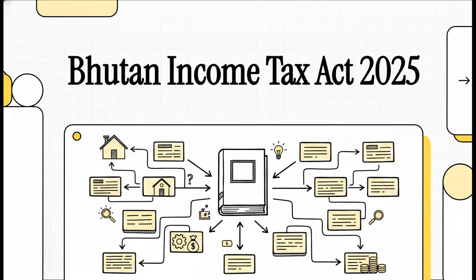Welcome to The Explainer. Today, we're taking something that honestly might sound a little intimidating at first, a dense 171-page table of contents for the Income Tax Act of Bhutan 2025, and we're going to transform it into a clear, structured roadmap. If you've ever wondered how a modern nation actually structures its financial lifeblood, well, you are absolutely in the right place. So let's just dive right in. We're going to decode the architecture of this legislation and see exactly how it's built from the ground up.